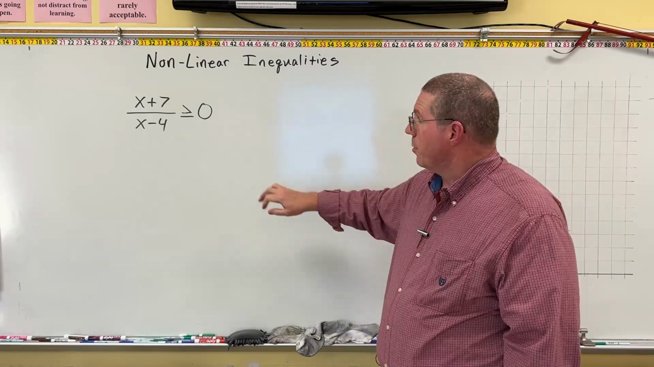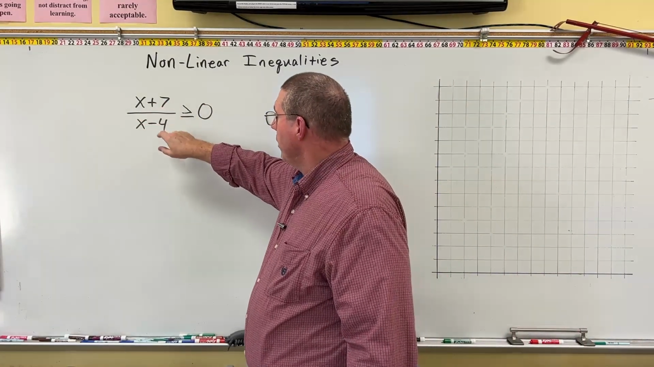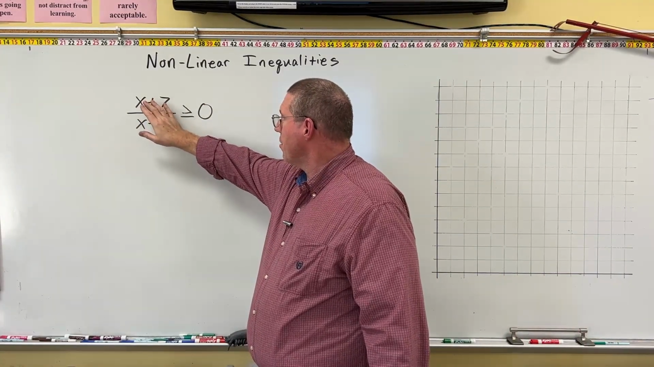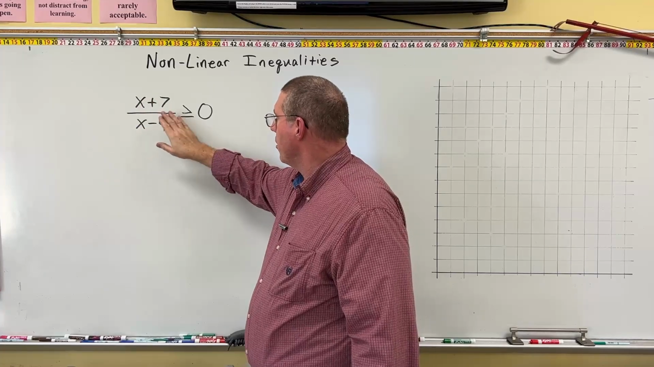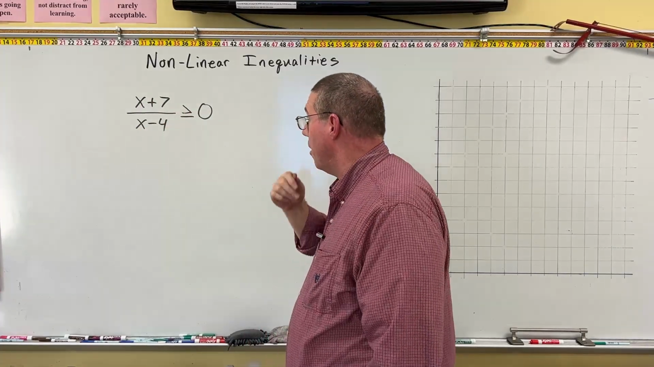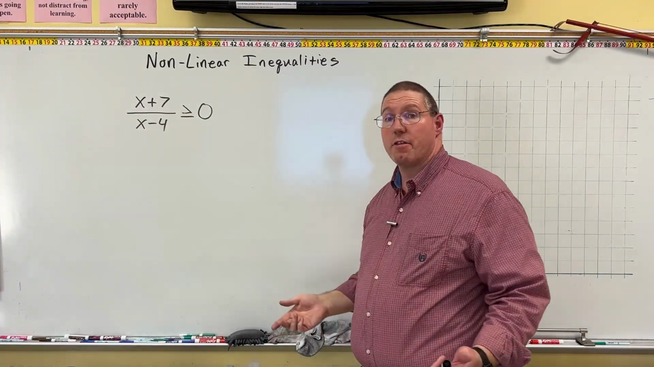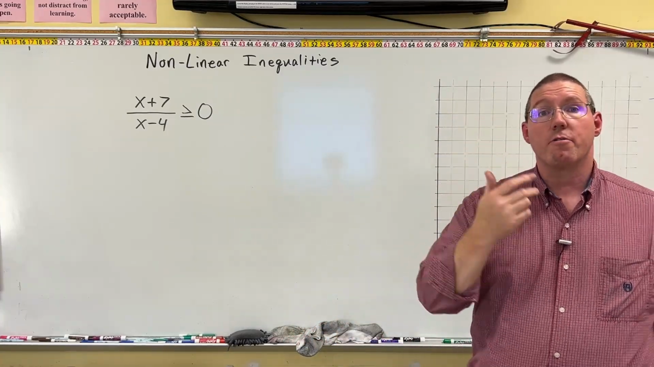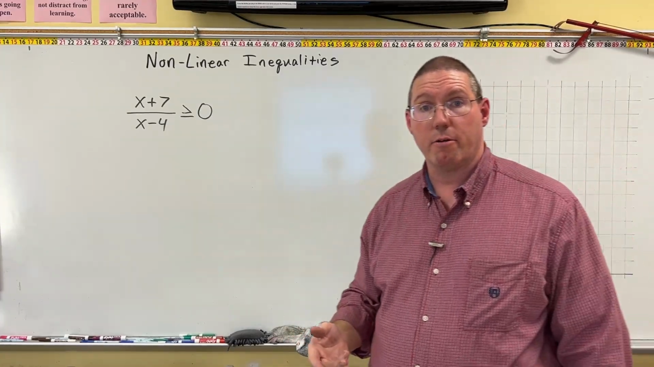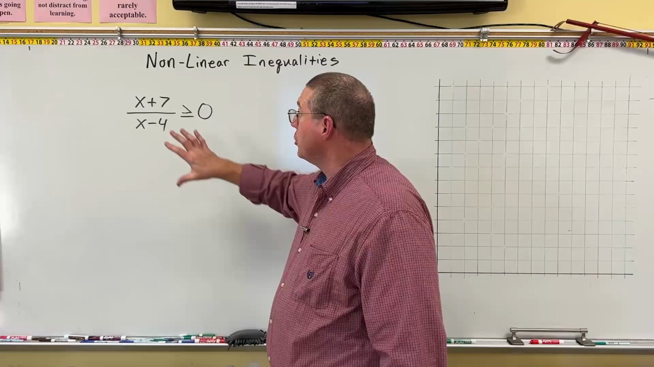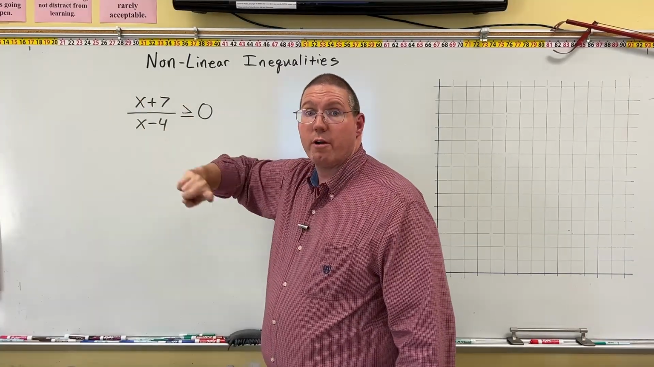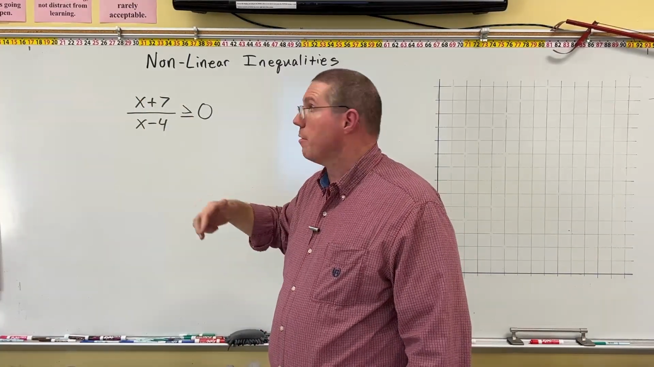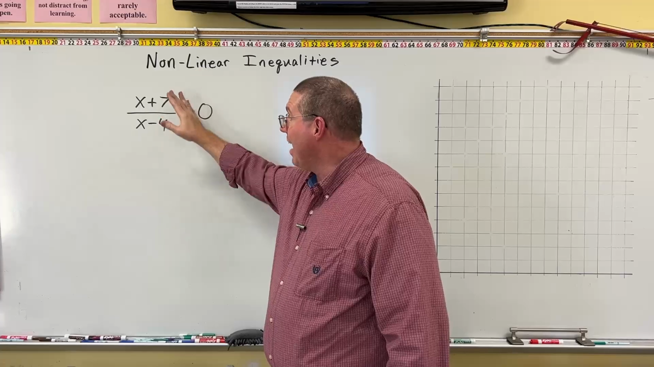Okay, so we have this rational inequality here. We're saying x plus 7 over x minus 4 is greater than or equal to 0. All right, we're going to follow the same procedure, but we're going to have a new understanding for how to identify critical values. See, with a rational expression, critical values include the zeros of the numerator and the zeros of